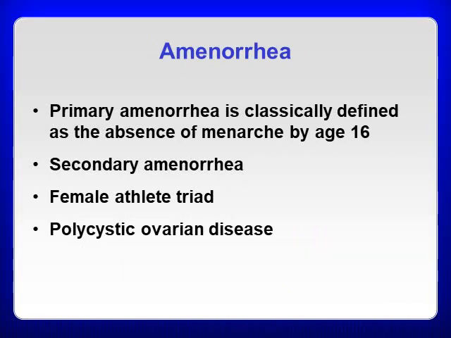Okay, so amenorrhea gets classified as either primary or secondary. Primary amenorrhea is defined as the absence of menarche by age 16. So basically, by age 16, if a female has not had her first menstrual cycle, that's considered primary amenorrhea. Secondary amenorrhea is once a female has already had her first menstrual cycle or has begun menstruating. Basically, it means that future cycles are either prolonged or she misses cycles. So that would be